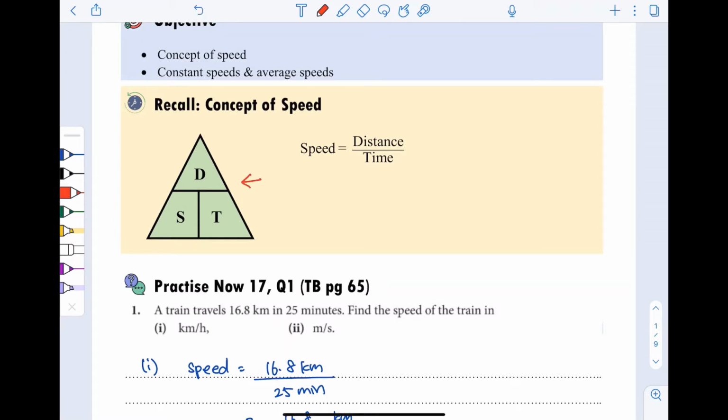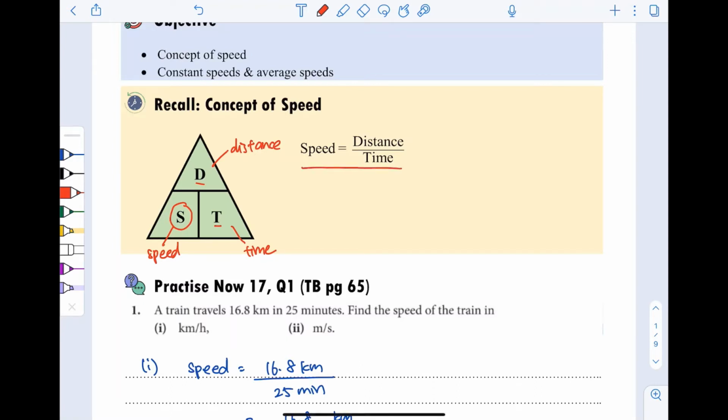So in this triangle, we have our distance at the top, the speed at the bottom left in particular, and lastly, we have the time. What this triangle helps us to do is to know the formula for speed, distance, or time easily. So let's say if I want to find out the speed itself, I find that distance and time are the remaining components. So therefore, distance being at the top and time being at the bottom, hence speed is equals to